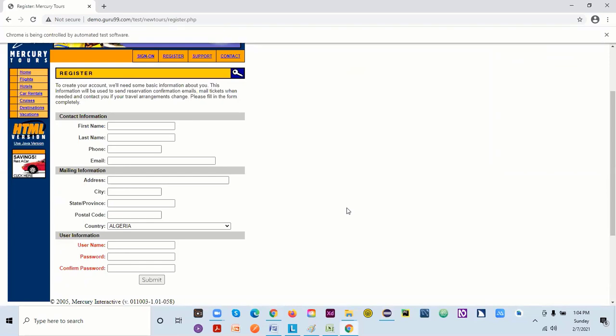All right. So yeah, that's it for today. I think we have covered frame, we have covered alert, we have covered how to deal with the drop down, how we can select the value from drop down, and if it is disabled, enabled, displayed. If something is not displayed, we can also do the condition that this thing is not displayed. So that is also validation, which we can use for testing, right? Okay, so this is all we have for today.